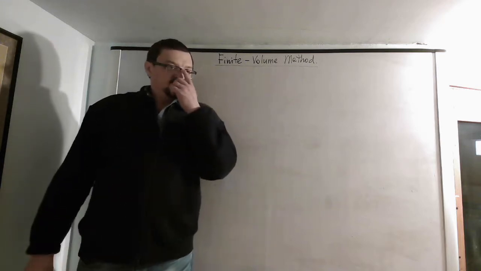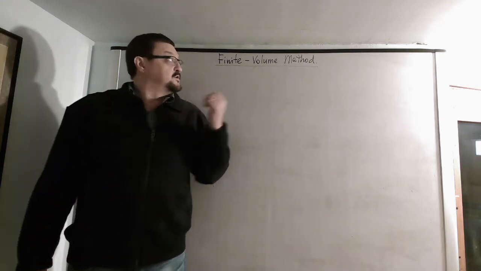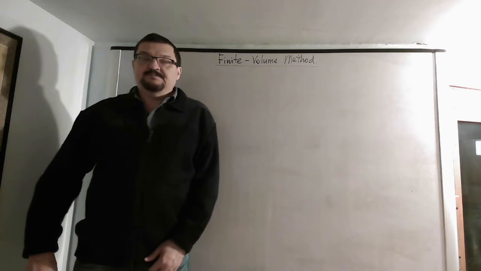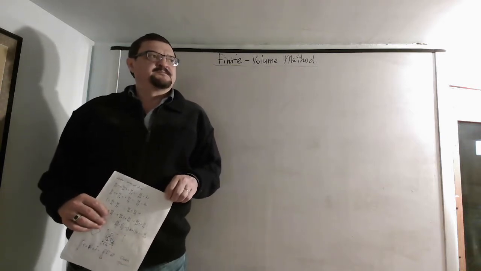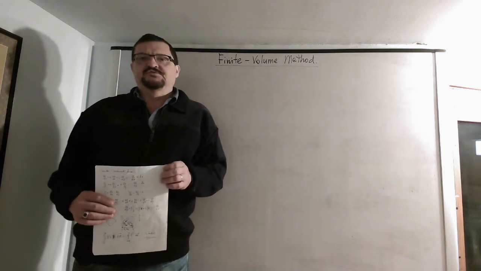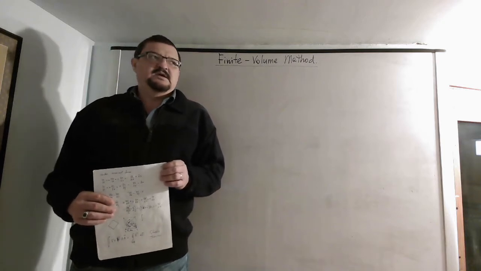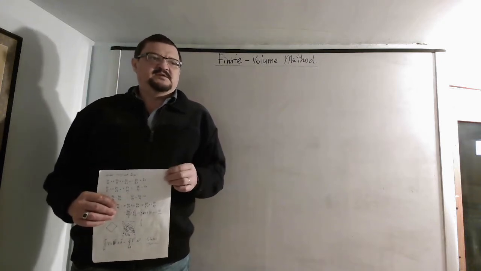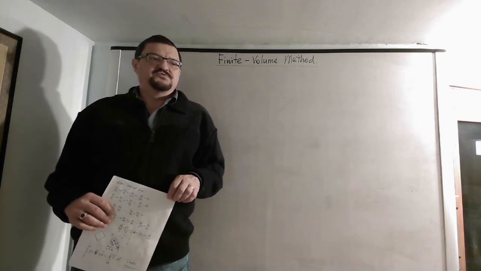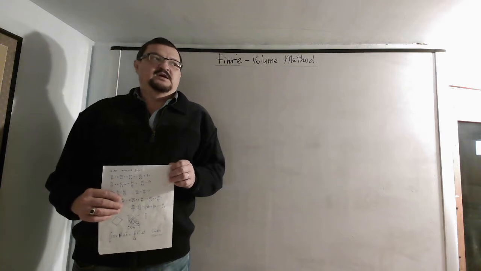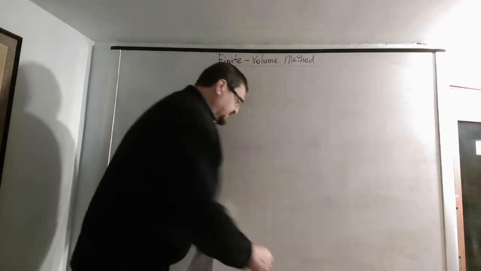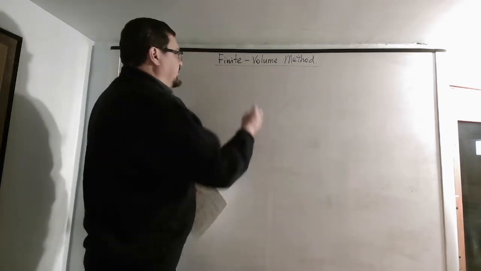Okay, today we're going to talk about the so-called finite volume method. So far we've been considering some issues related to the finite difference method. The finite difference method basically is a way to approximate derivatives in our differential equations. So we have a set of points, grid points in some certain direction, say x,